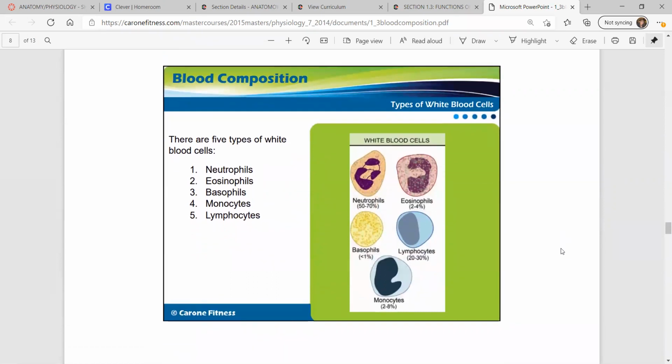There are 5 types of white blood cells: neutrophils, basophils, monocytes, lymphocytes,